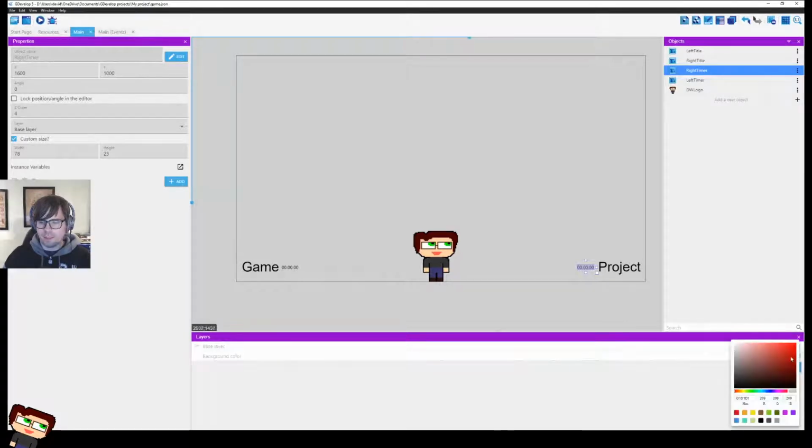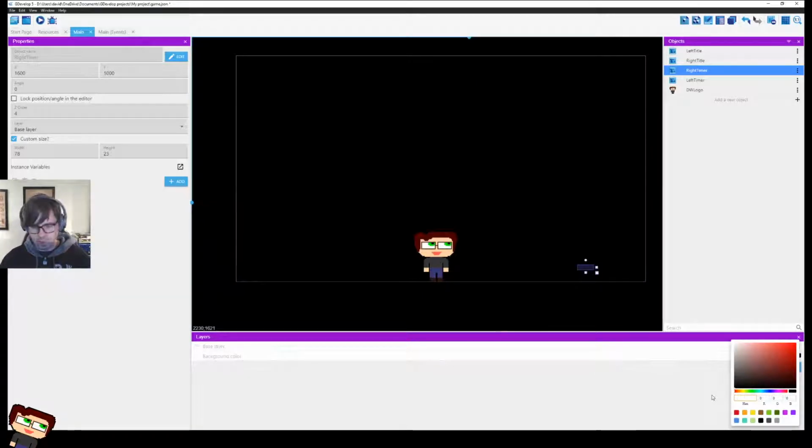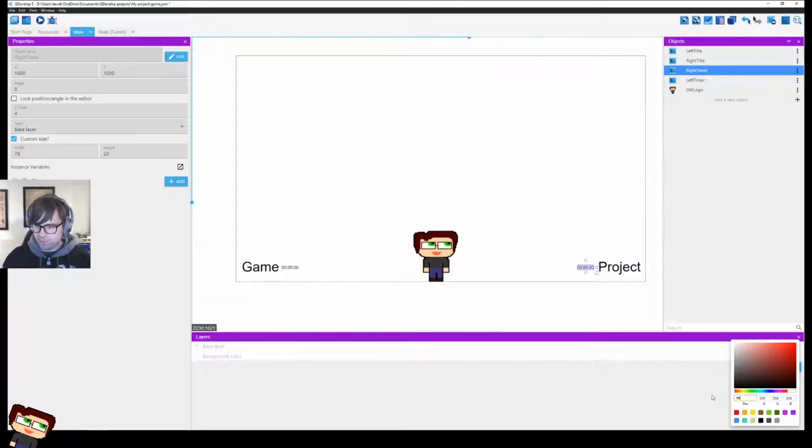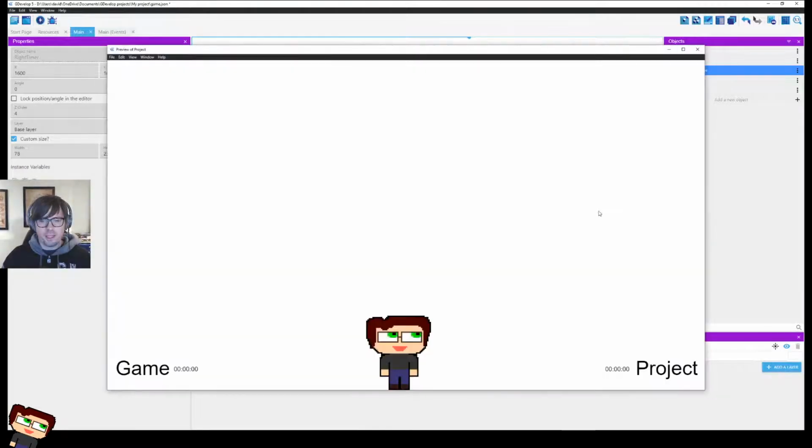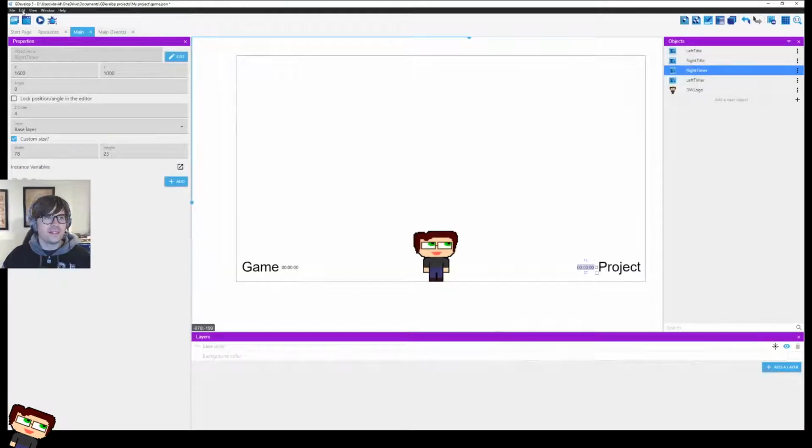Background layer. What color can it be? Ooh, RG? It's just RGB. This might be a thing I have to use. What if I did this? No, not that. Or pure white. I'm wondering if that'll actually make it transparent. Lock position of the thingamabob and the thingamabob. This is all fine. Let's try this again. And boop, there we go. We got me standing on the bottom. Fantastic. Okay, let's try that export again.